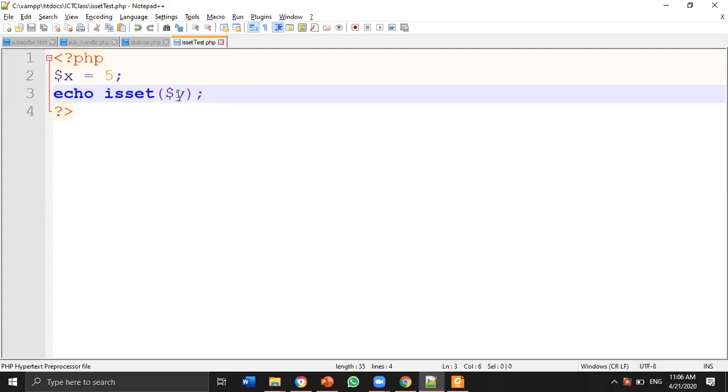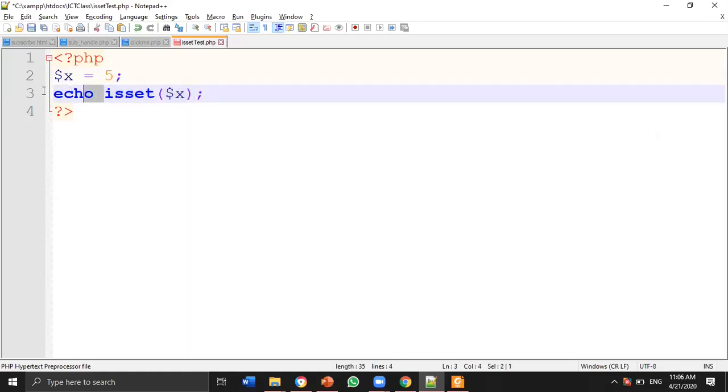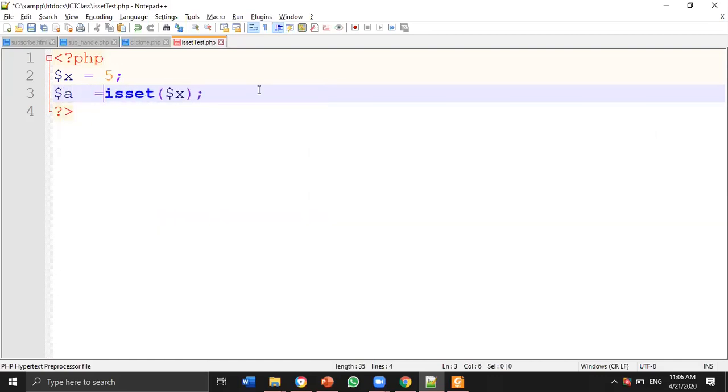So just for the sake of it, if this is producing an output, let's assign that to another variable called, let's say, a. $a equals isset $x. Now, isset is basically producing an answer. From what we have understood, it happens to be Boolean in nature. And if I say $a, and then print,